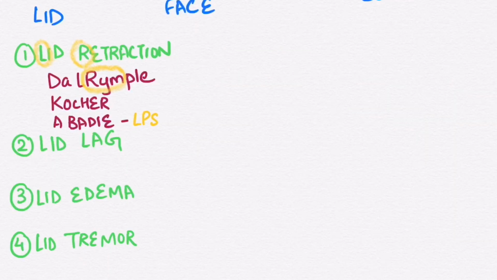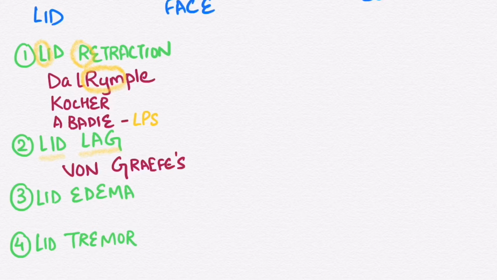Next, coming on to the lid lag sign. In the lid lag sign, it is the Vaughan-Griffith sign. To remember this, remember that lid, lag and Vaughan are having 3 letters each. What happens in lid lag sign? As I told you earlier, the upper eyelid cannot keep pace with the eyeball when it looks down following an examiner's finger moving downwards from above.